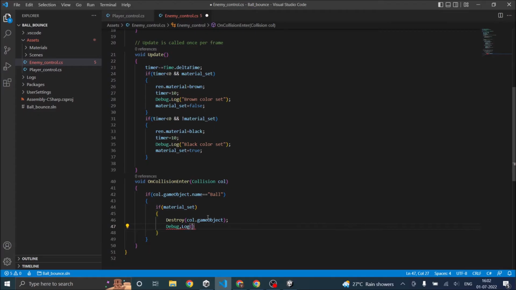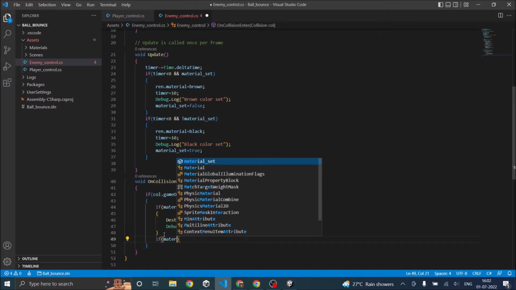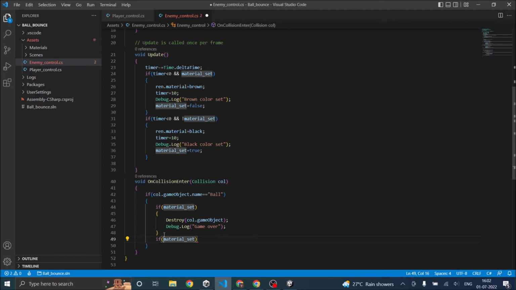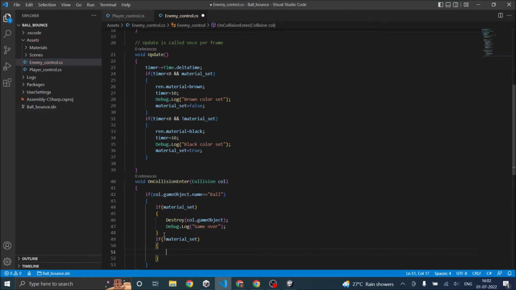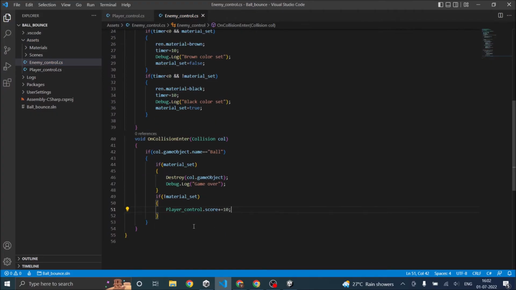Log, and let's say game over. I'm sorry, dot. Then again, if material is not set, that means it's brown in color, then we are going to say score, and to access score we have to say player control, the script name, dot score plus equals 10. Then go. Okay,